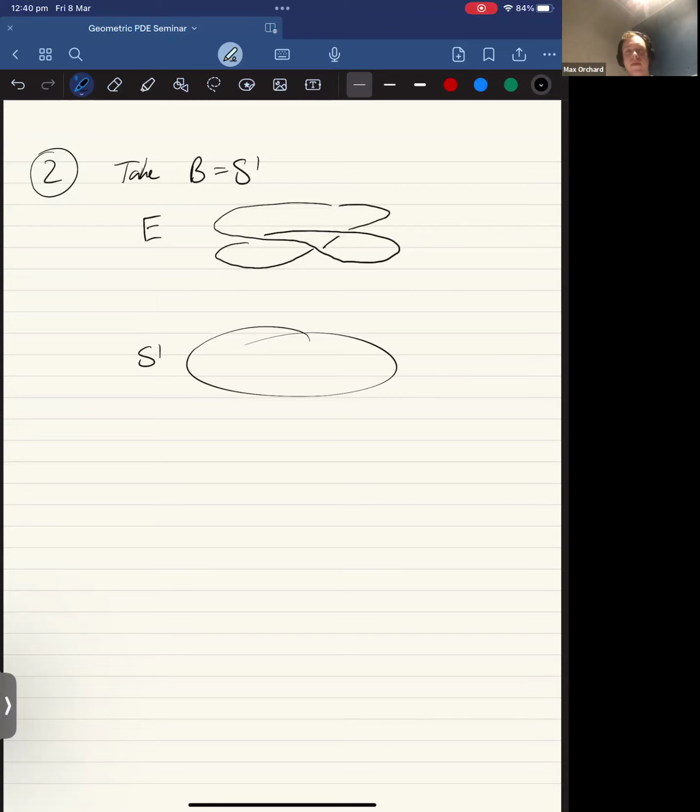Like this. So it's kind of like the boundary of the Mobius strip, if you want to think of it like that. And then pi maps from here down to the circle. Now, here there is a natural